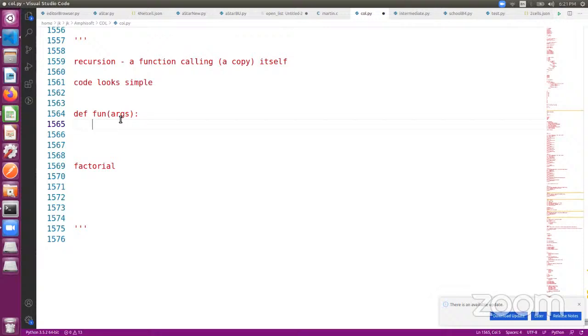In an iteration, if you don't give a condition, what happens is it'll consider that the condition is always true, and then it'll lead to an infinite loop. I'll repeat again. In an iteration, if you don't give a condition, it'll consider that the condition is always true and will lead to an infinite loop. Similarly here also,